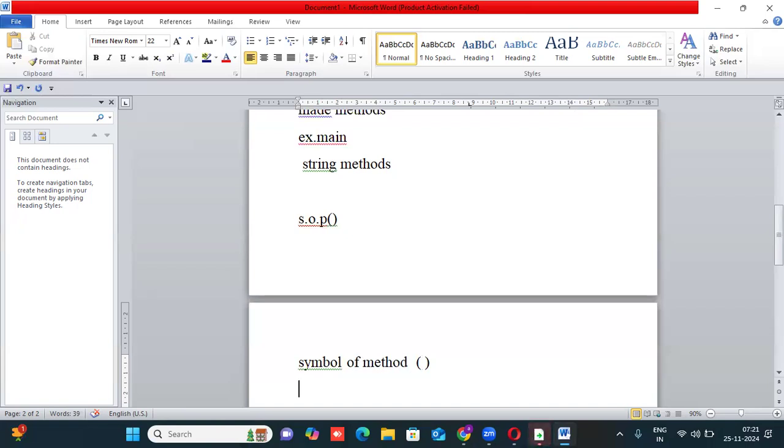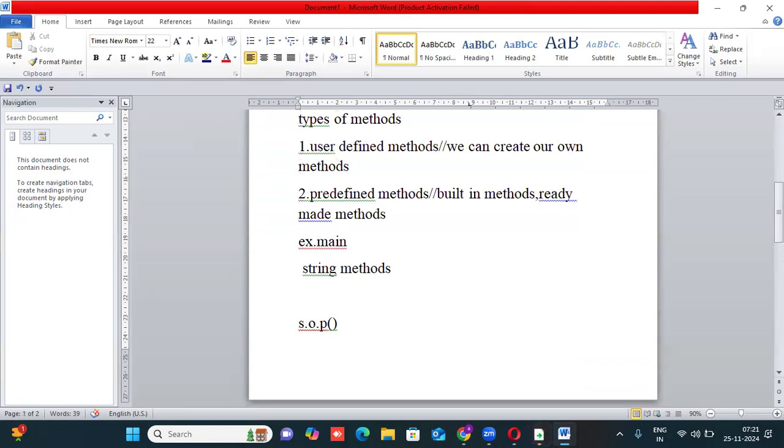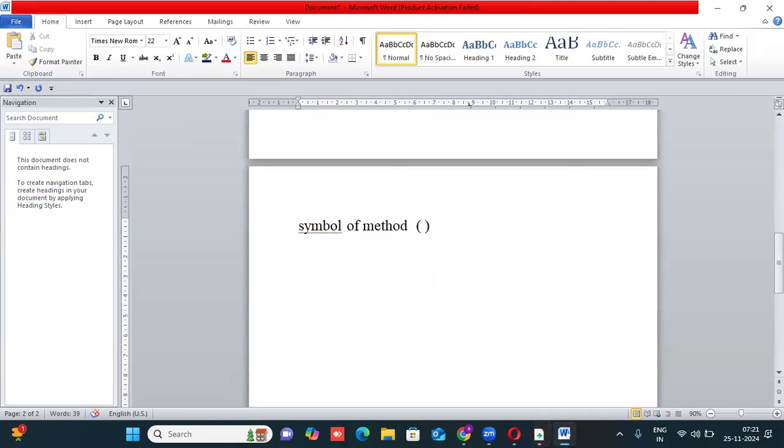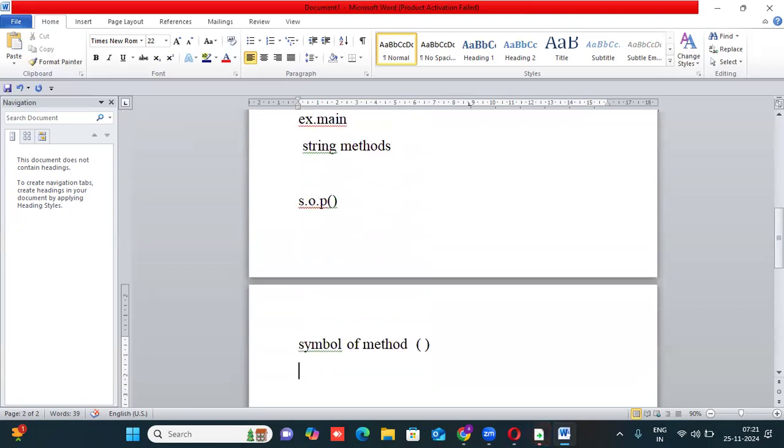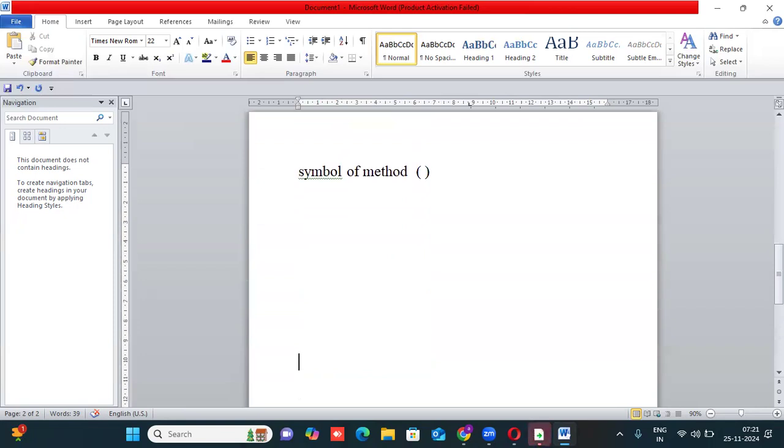Like predefined methods, we can create our own methods. What are those? User defined methods, right? Up to here it's clear, right? Is there any confusion? No, sir. Right. Now what I'm going to tell you: every method, either predefined or